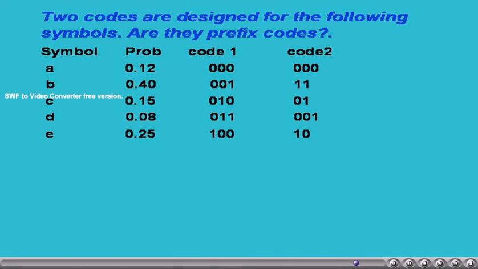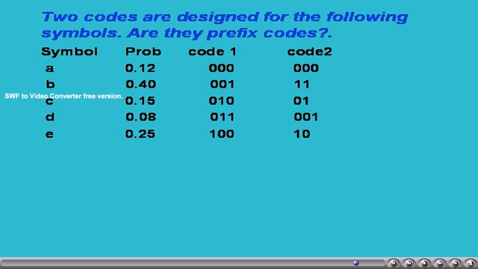The following codes are given for the symbols with the given probabilities. Are they both prefix codes? Yes. If we verify the codes of the symbols in both the codes, no code is a prefix of other codes.